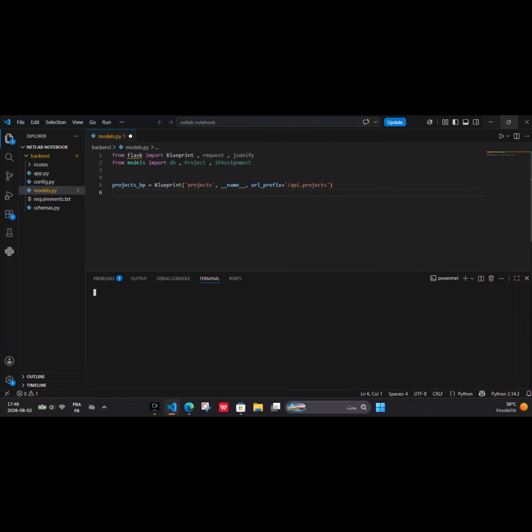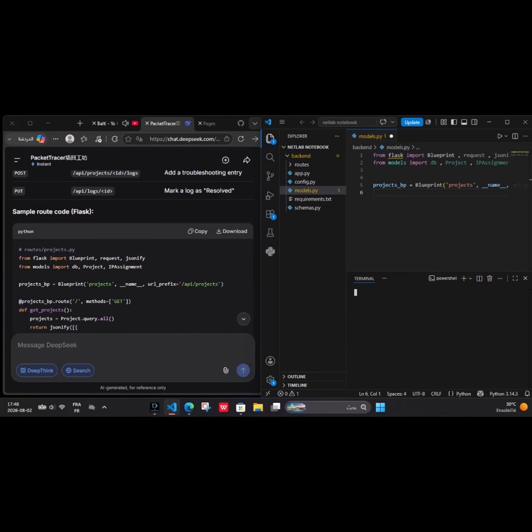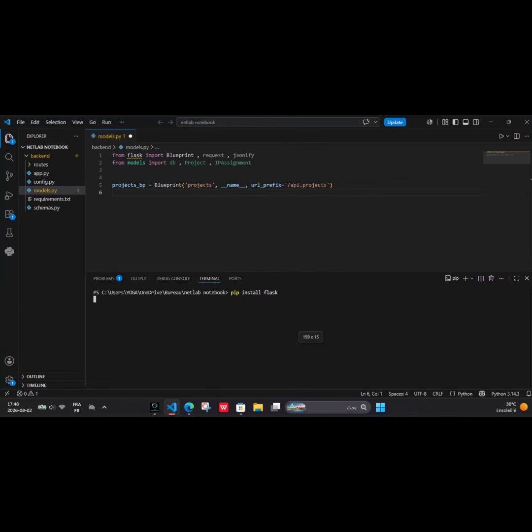Because I will create a function for getting projects. In the backend, after the user clicks the new project button, they need to get a new project. So I need a GET method and a route for this get projects function to create a new project in